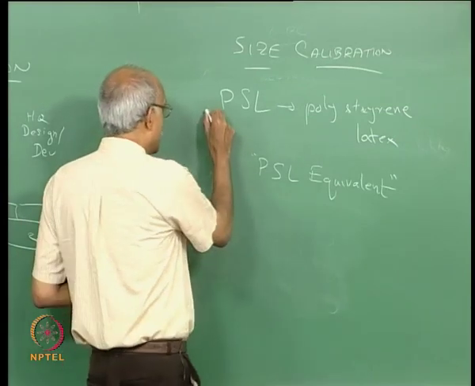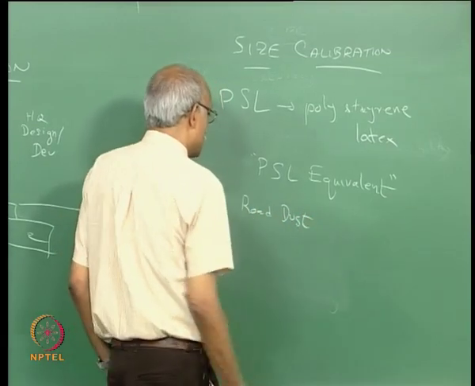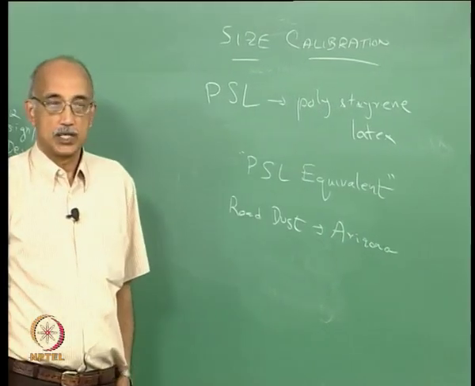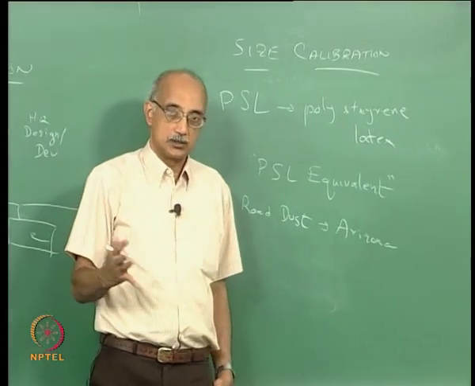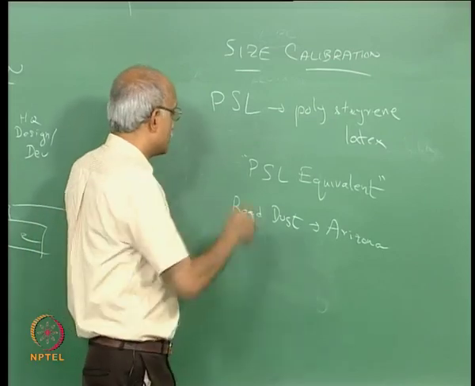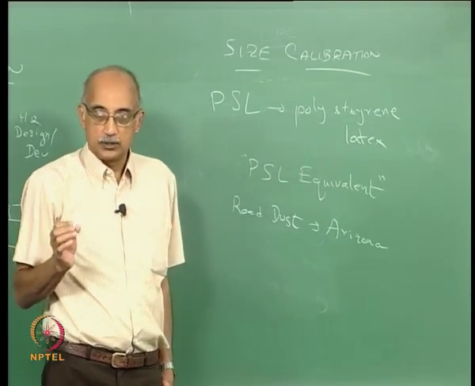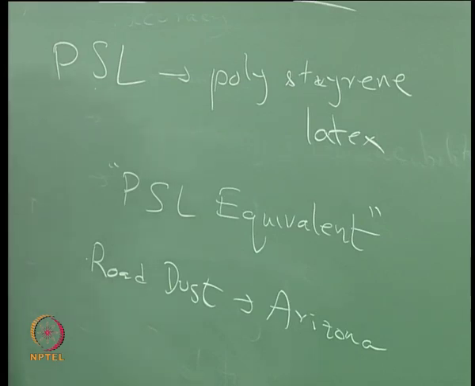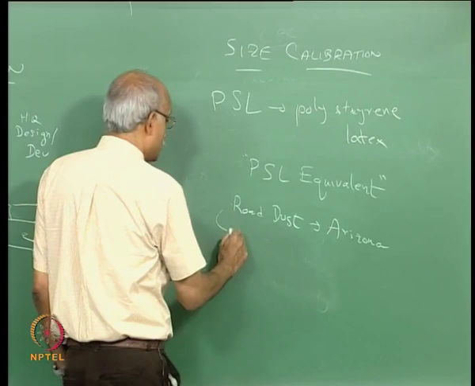Well, next to the PSL, the next most popular standard is known as road dust, and the most popular of these is Arizona road dust. People have actually gone around and collected samples of various dust populations that you get in various places, and it turns out that the dust population in Arizona, particularly near the deserts, is very, very homogeneous in its size distribution characteristics. So, while PSL is primarily used for samples containing plastic and quasi-plastic particle populations, the Arizona road dust has now emerged as a viable alternative for samples that contain predominantly metallic and silicate or alumina based constituents. So, for something like a ceramic, you are more likely to use the road dust